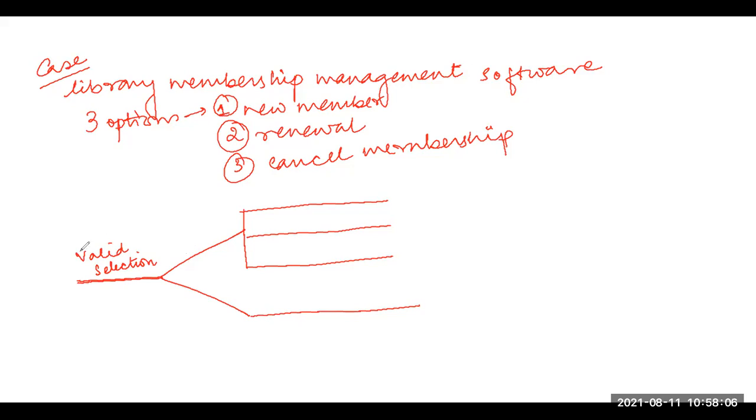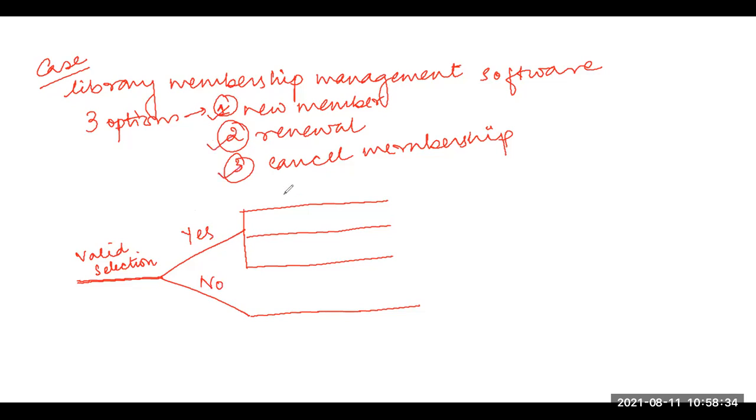So if in my condition I am checking whether it is a valid selection or not, what are the two answers that may come? The two answers that may come are either a yes or a no. If it is a yes, then what are the three options that may come? Either this or this or this.